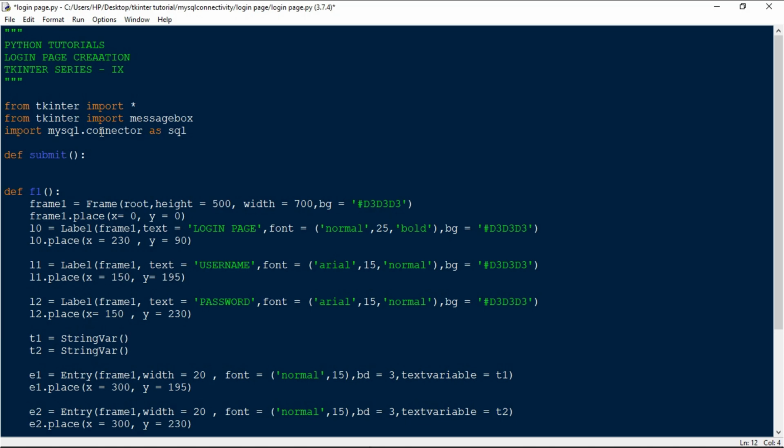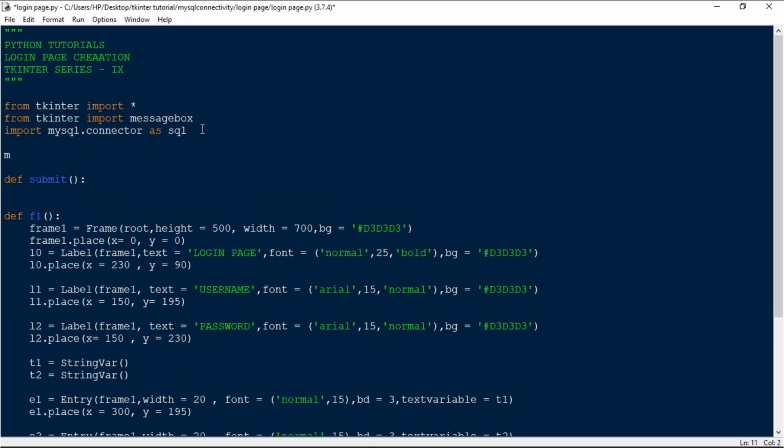Okay, so the first thing which we have to do is to create the MySQL connection. So here we have to create mycon equals sql.connect.